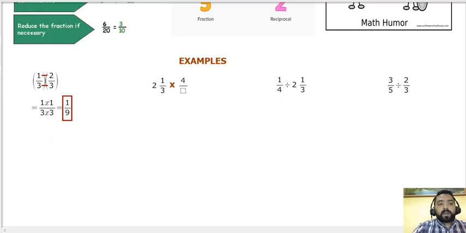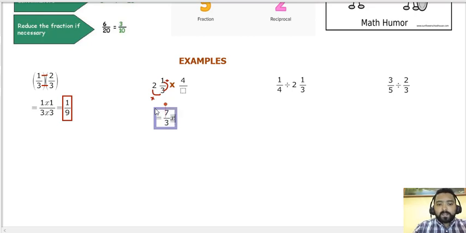Now, in the second one, as you can see, we have a mixed fraction. First, you have to convert it to an improper fraction. How? You are going to multiply 2 times 3, and then the answer you're going to add to 1. So first, remember, it's multiplication and then addition. So it's going to be 2 times 3, 6, plus 1, it's going to be 7. So the new fraction is going to be